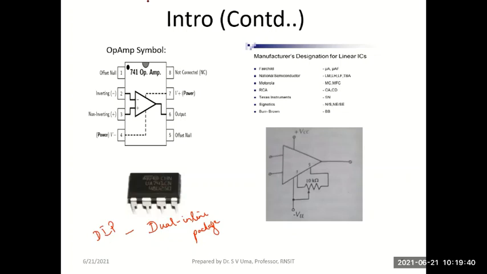So what is this dual inline package? You have two layers of silicon. You see, this is the upper layer, and I have below this the lower layer, and these pins are sandwiched in between the two layers. You see from where these metallic contacts come out like this, they are sandwiched between the upper and lower layers. That's why we call it a dual inline package. So the actual silicon IC will be sandwiched between two layers of plastic or silica.